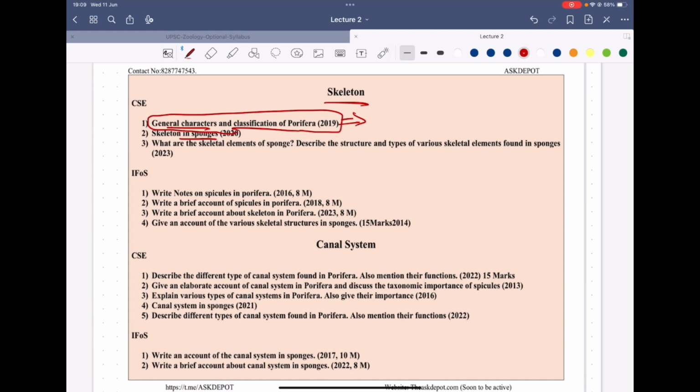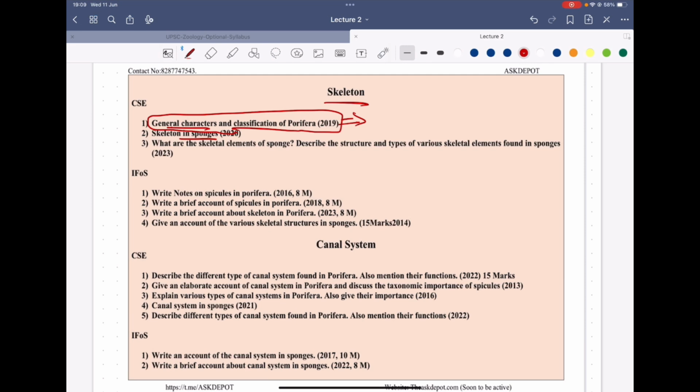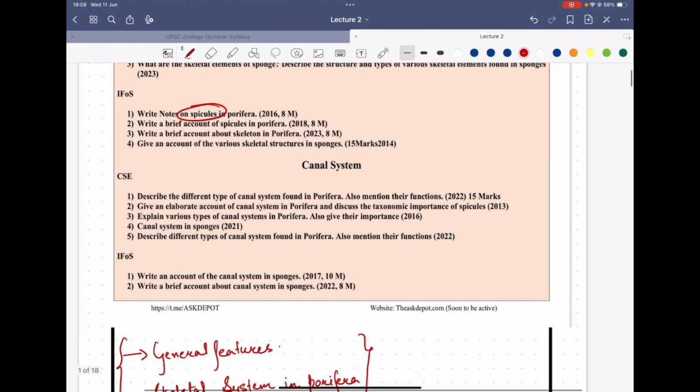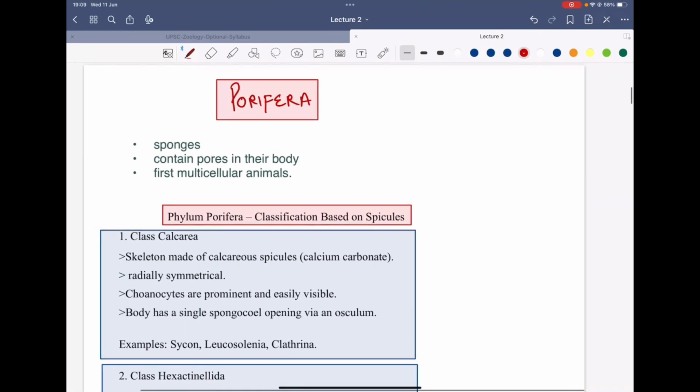The general way is that you have to know the classification. This is mentioned in the syllabus, so you need to know the classification at least up to the class level in all the phyla. And then the things that are mentioned in the syllabus. So yes, there are questions regarding the skeletal system. Here again we have a question based on spicules, which are part of the skeletal system. And then you can see questions related to the canal system. We will be discussing it in detail: the canal system, the skeletal system and the reproduction. So in this lecture we will be discussing the general features, the skeletal system in Porifera, the canal system and the reproduction. So starting with the Porifera,